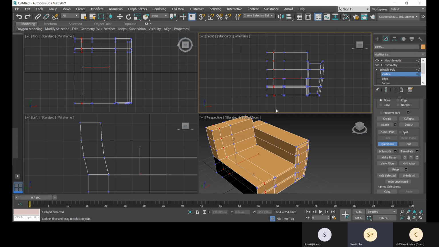Make sure you are creating the straight line for the better design, right? And I'll click over here.